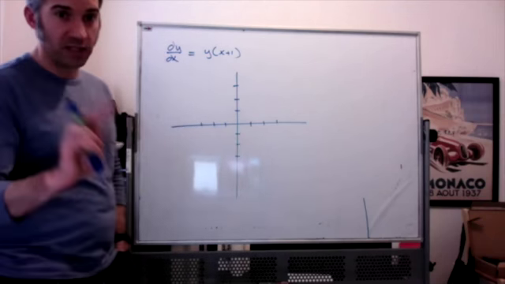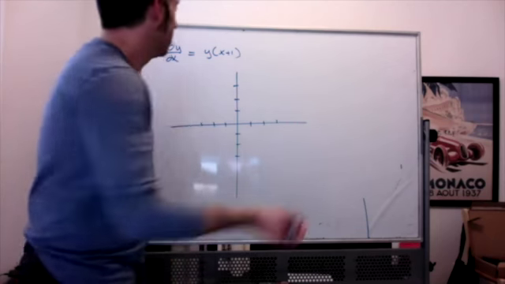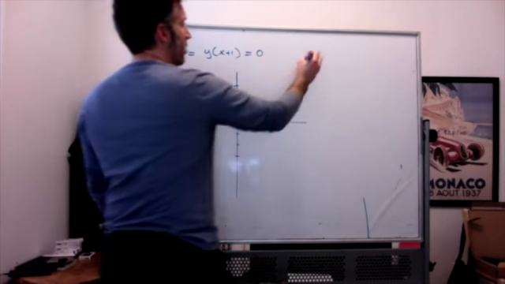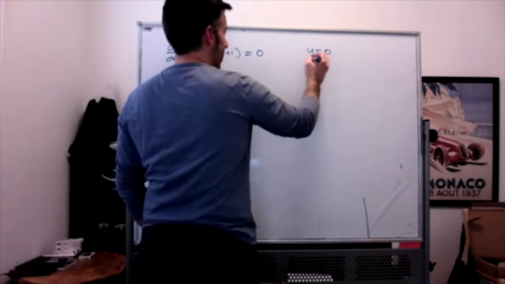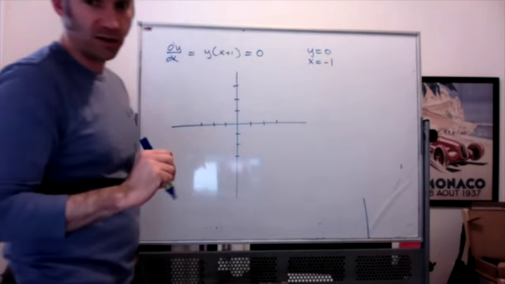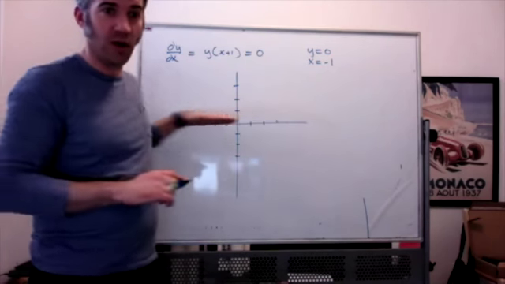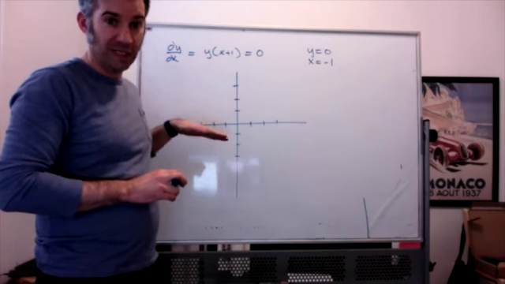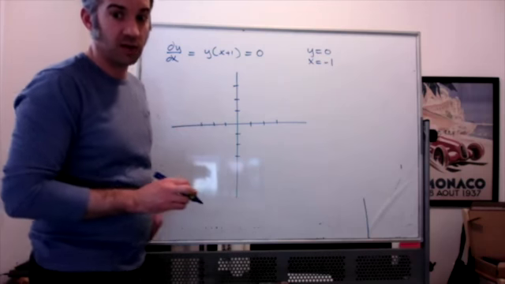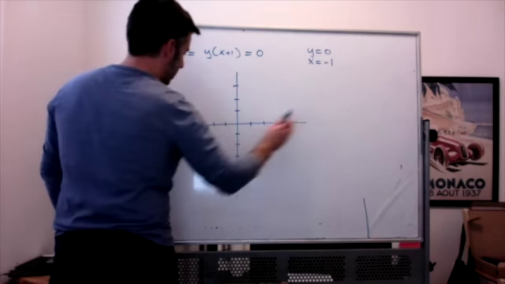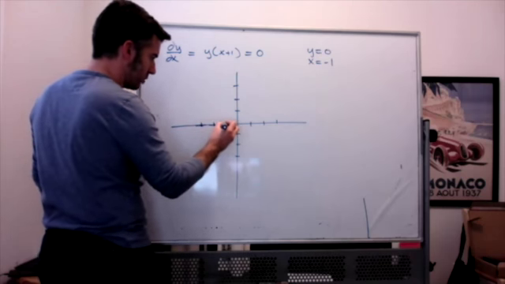Okay, things to look for. It's very easy to look for what makes this equal to 0. So what makes this 0? Well, y equals 0 would make this always 0. And x equals -1 would also make this always 0. So here's what that means. It means on the line y equals 0, the derivative is equal to 0, meaning the slope of the tangent line is equal to 0. So along y equals 0, all of my little slopes are little horizontal lines,